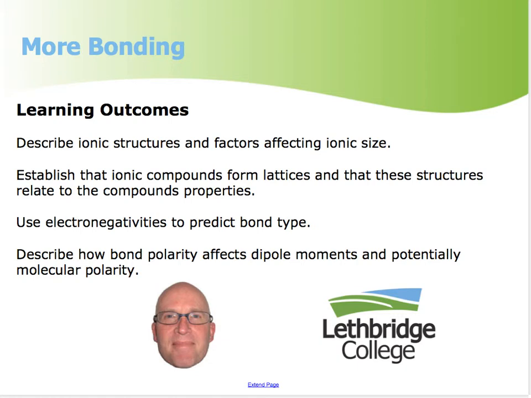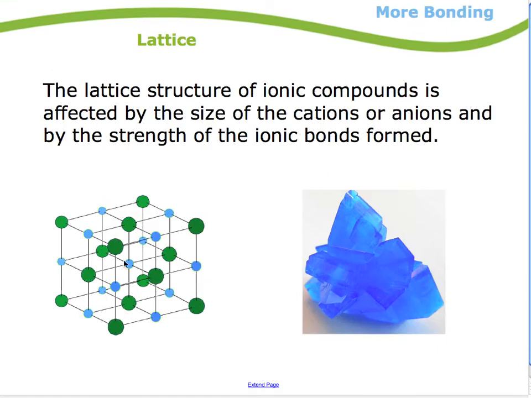Okay, in the last section we talked about ionic bonding and indicated that if a compound was ionically bonded, it definitely had implications as to the strength of that bond and to properties of the compound. In this module, we'll just look briefly at a couple of other factors that might influence the properties of a compound. First off, in the ionic compounds, we noticed that they were lattice, and here's a better picture maybe describing